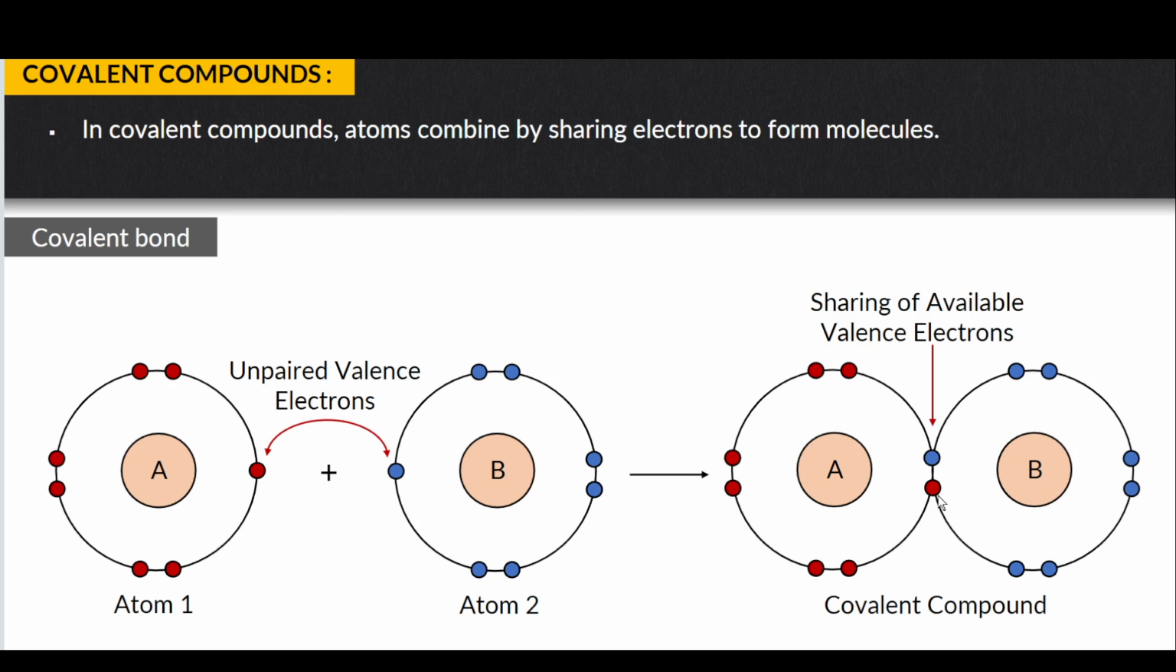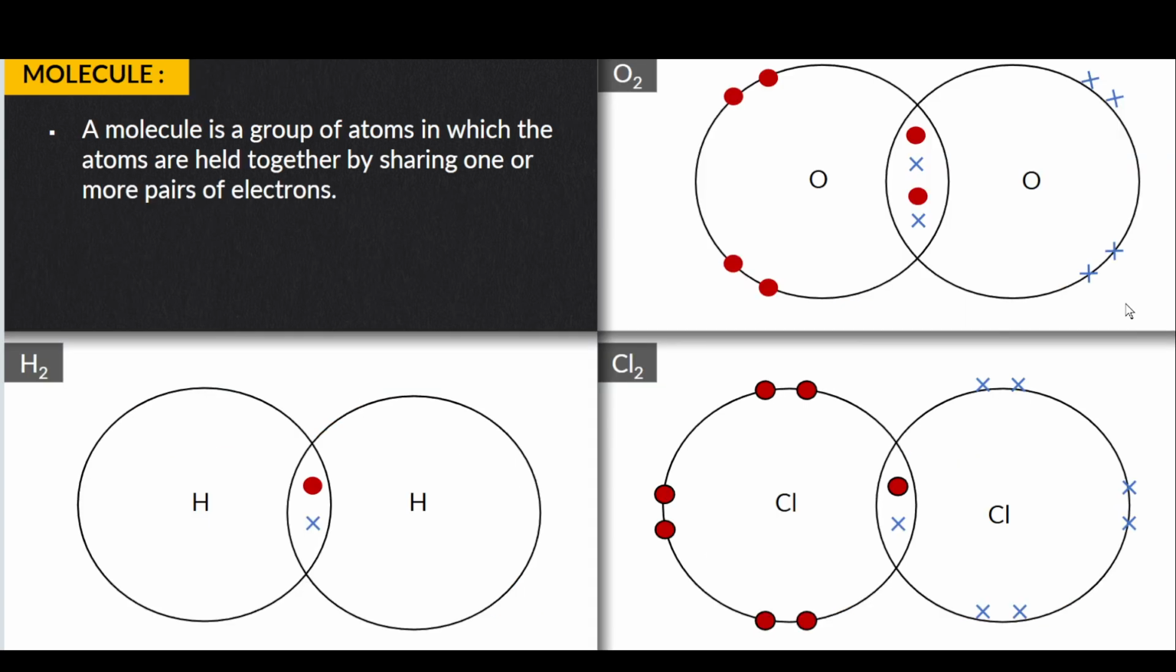This bonding between two atoms, which is made by sharing of valence electrons, is called covalent bonding. And these compounds which are doing covalent bonding are called covalent compounds. Okay, next one is molecule. So a molecule is a group of atoms in which atoms are held together by sharing one or more